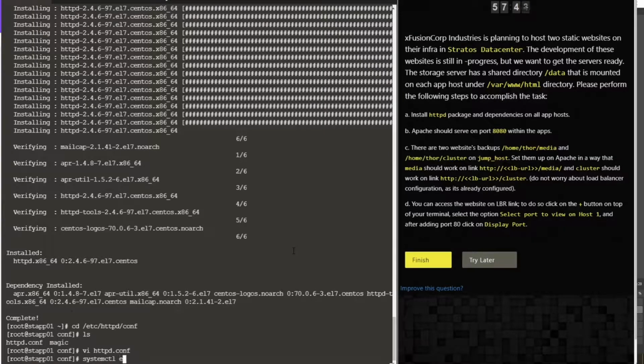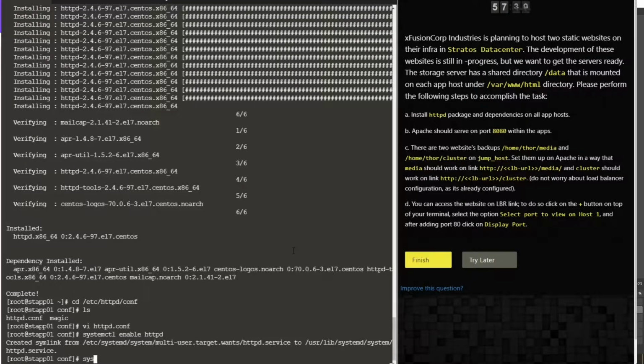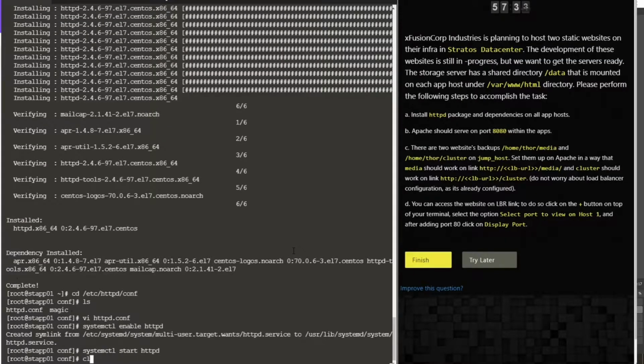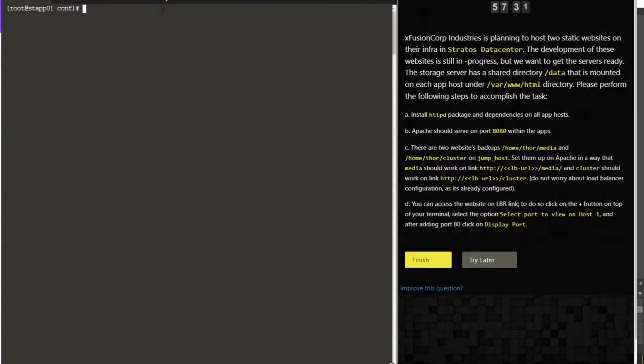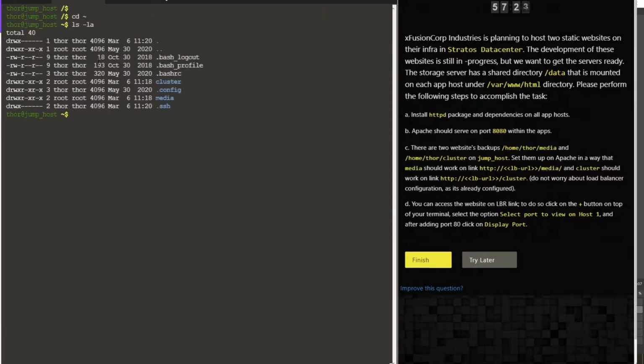The first step is to enable HTTPD, and then we are going to start it. Then let's go into the jump host. We are going to copy the index files in home Tor media and home Tor cluster.